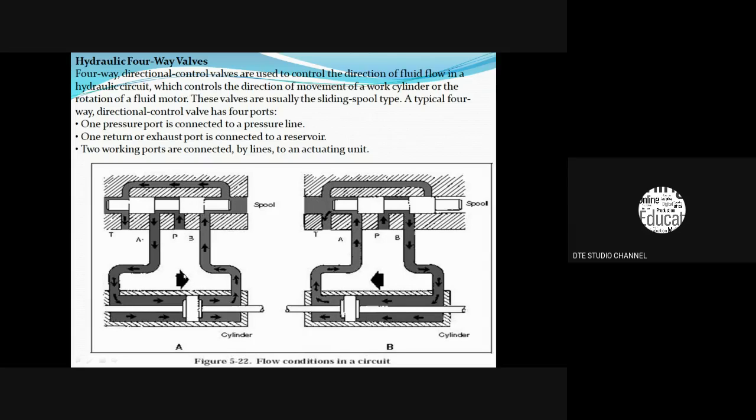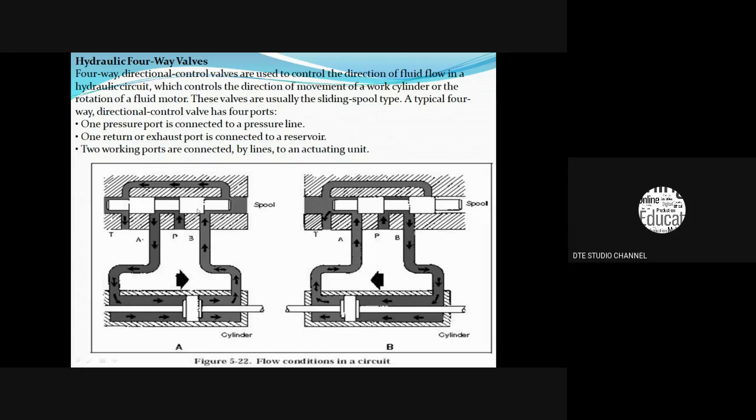In the first position, the direction of flow is through working port A, and the piston moves towards the right. In the second position, the direction of fluid is reversed, which makes the fluid flow through port B, which makes the piston move towards the left. By changing the position of the sliding spool valve, the direction of flow of fluid is reversed, which makes the movement of the piston in the actuator. This figure illustrates a 4x2 DC valve. Since it has only two positions, it is a 4x2 DC valve.